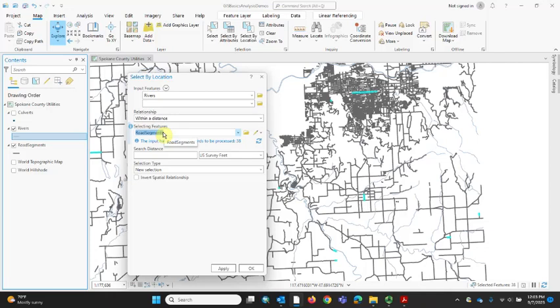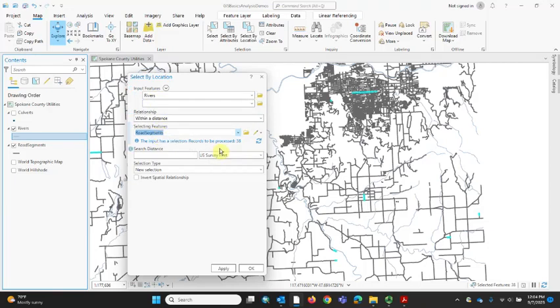When you make a selection, Pro will operate as if that's the only thing in that layer right now, and it gives you a warning. It'll say the input has a selection. Basically it means that road segments have a selection, and so it's only going to work with 38 of those. Okay, so it's going to look for rivers that are within a distance of the road segments,